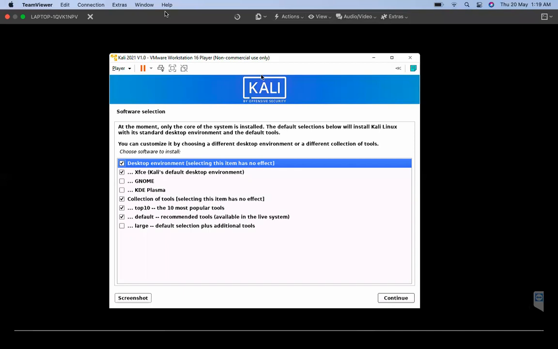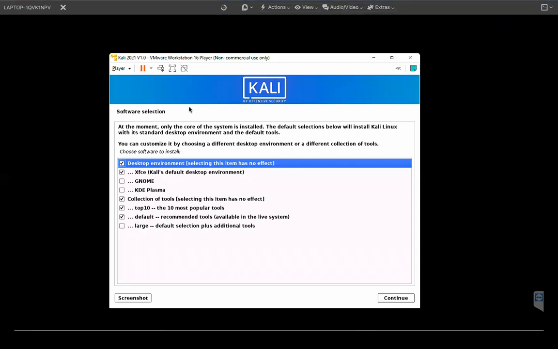Now, after the latest update of Kali Linux 2021, here you can select what default options and default software